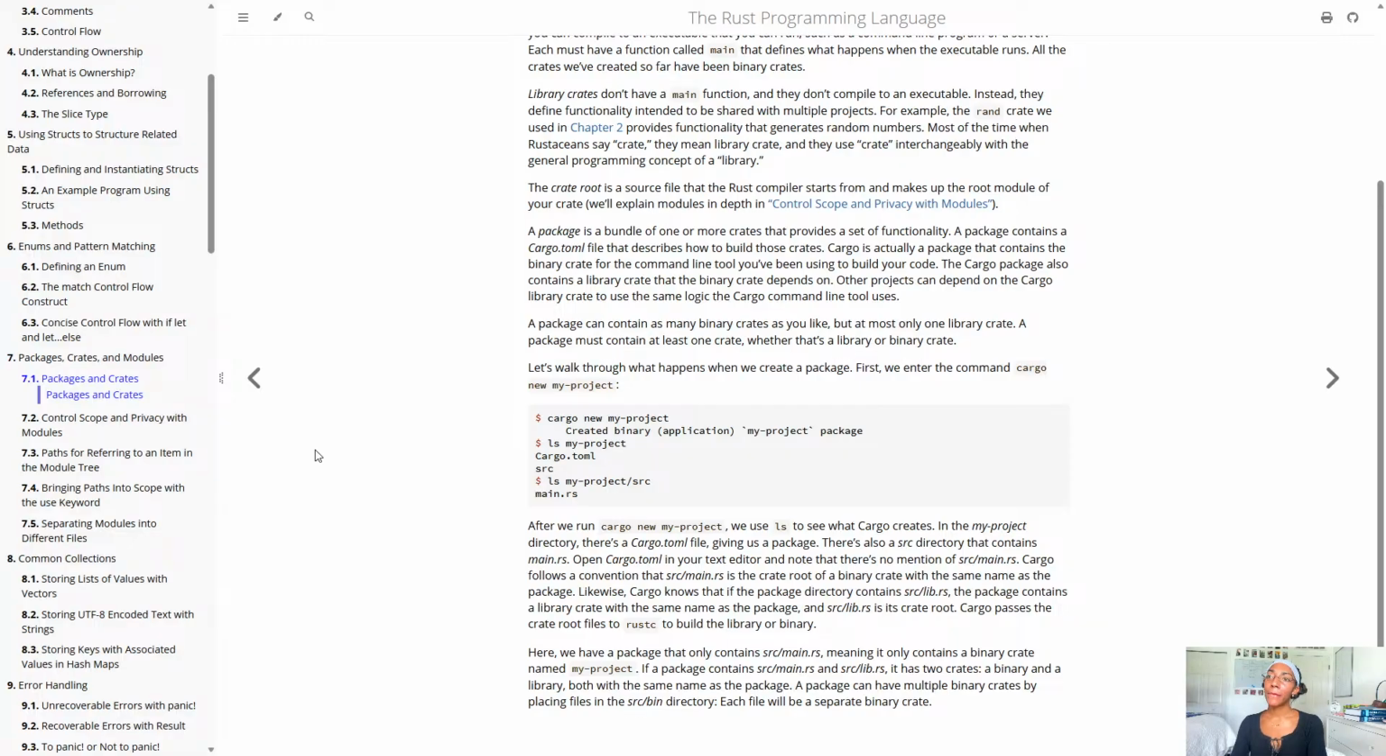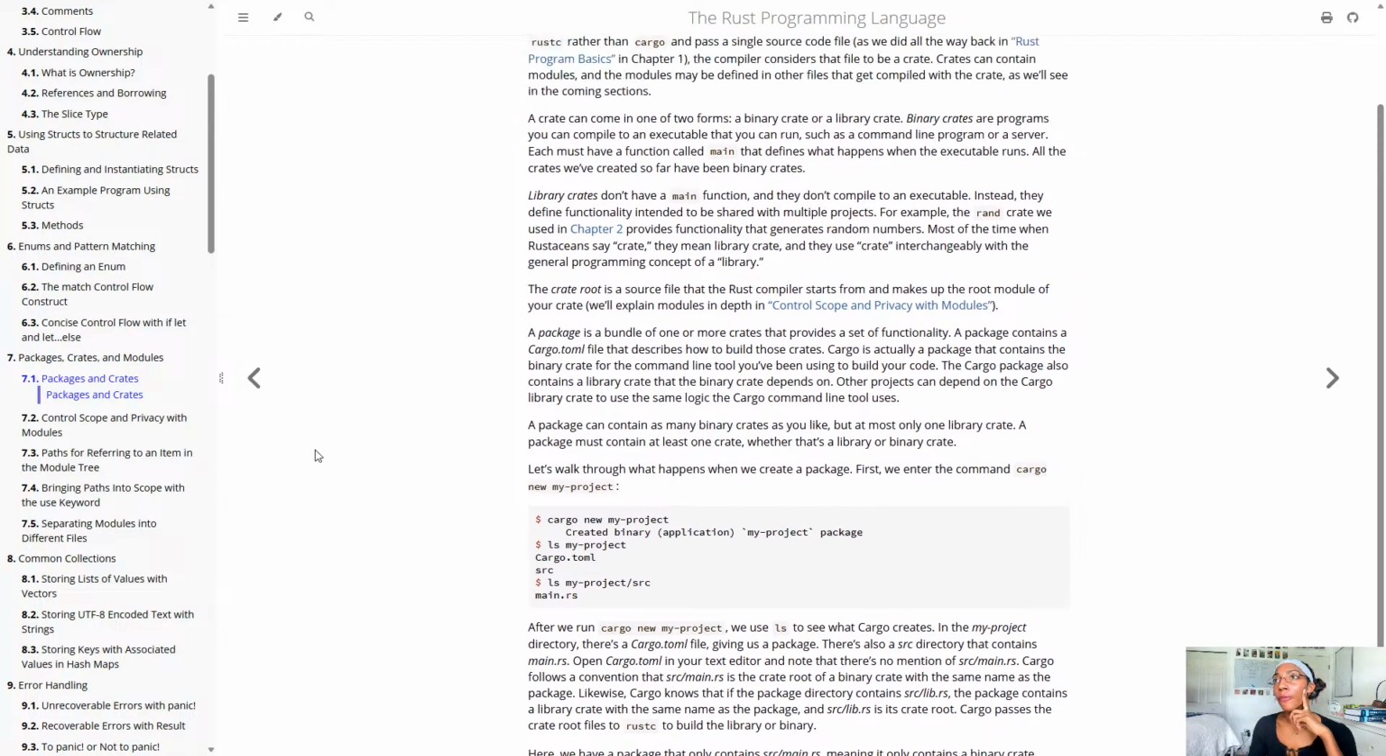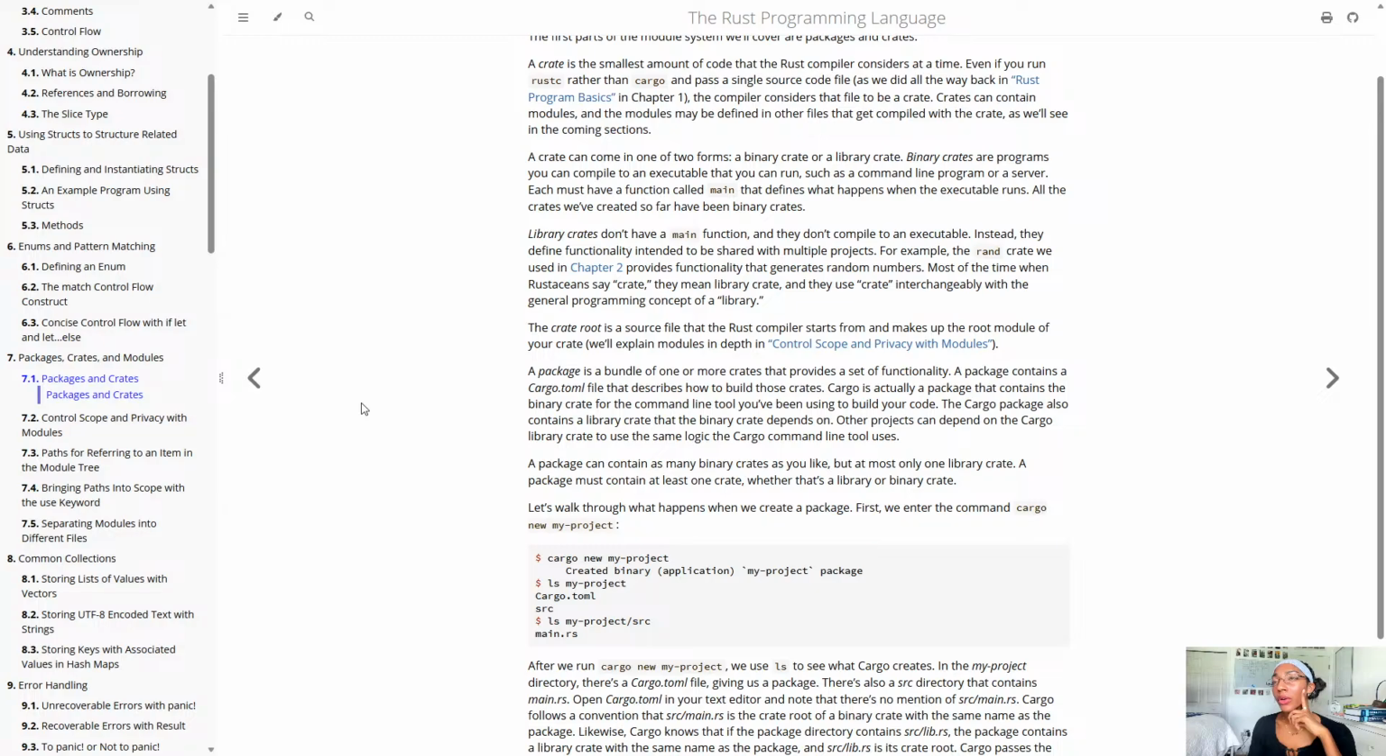All right. So I guess the lowest of our tiers is our crate, the smallest amount of code that the Rust compiler considers at a time. So there's a crate, and then we have binary crates, and we have library crates. Binary crates are the ones that need a main function to execute, and library crates do not need a main function, but they say that those library crates,